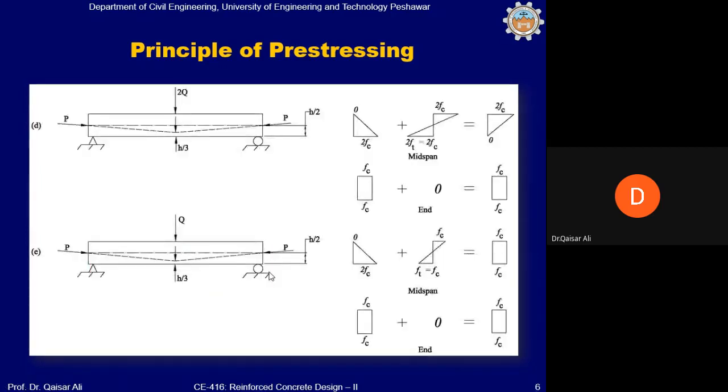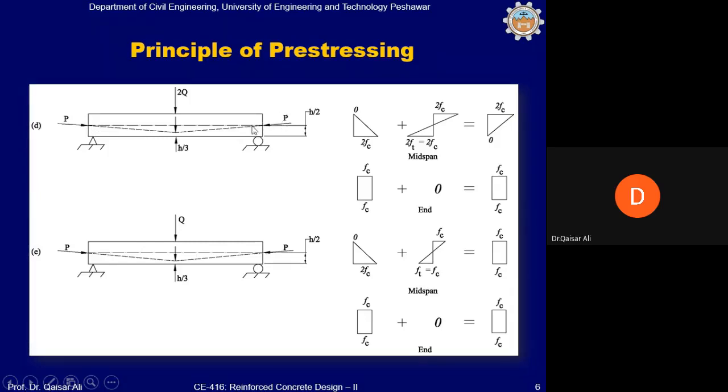Next, we discuss another case. This is a case of variable eccentricity. The force P has been applied in such a manner that it will produce no bending moment at the ends of the beam, and it will produce maximum bending moment at the mid-span. This cable, which was straight in the previous two cases, is now in a curved shape. So when the wire or cable is released,